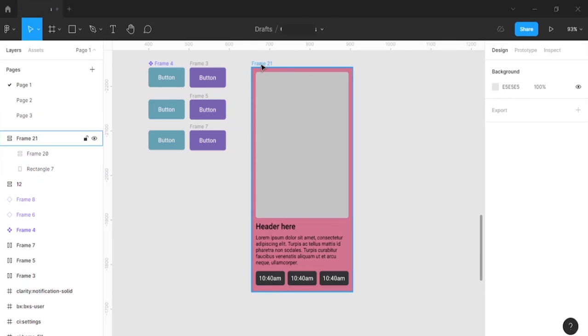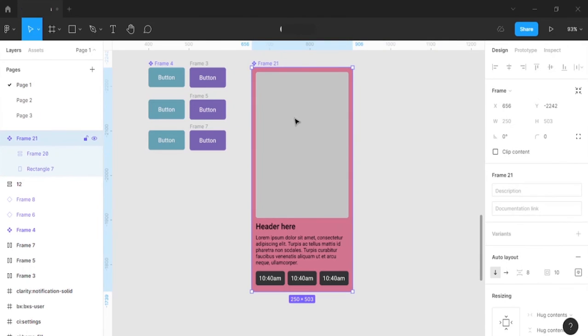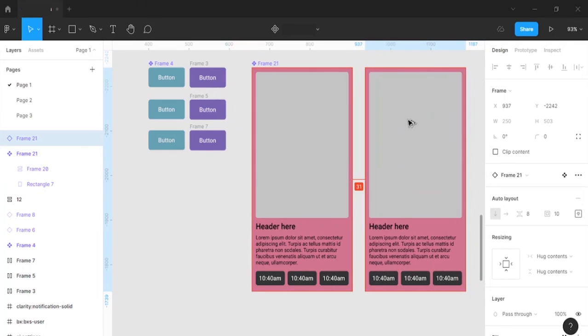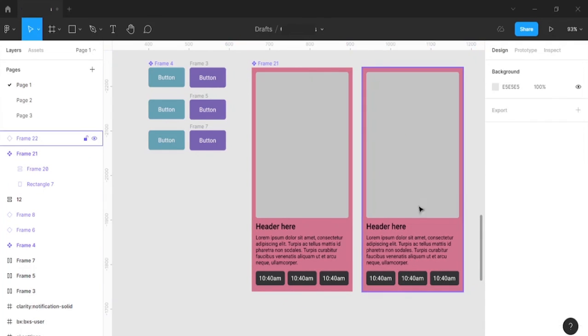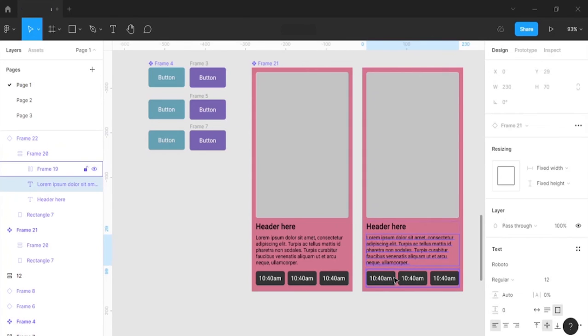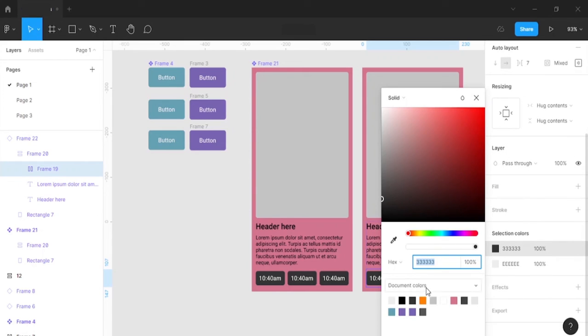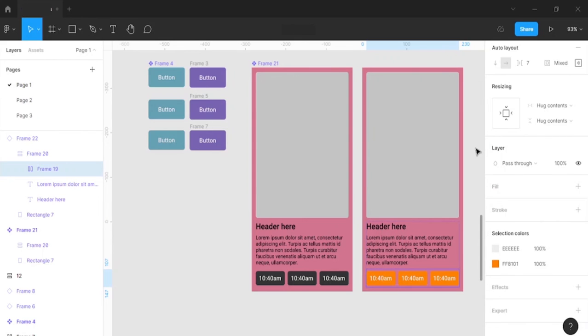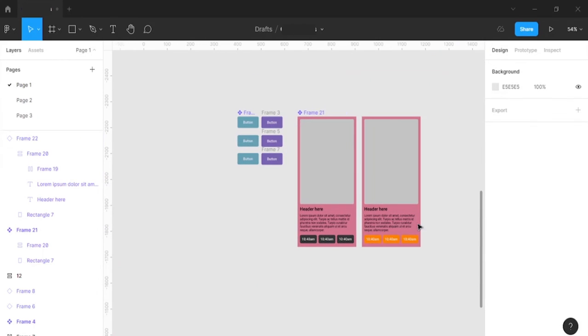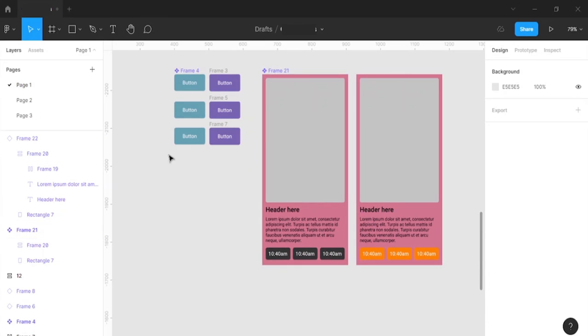So now we're going to make it a component. After making that a component, I can create an instance from it. So even though I need to change the color of the background for all of this, it changes, but it doesn't affect the main component. The main component remains